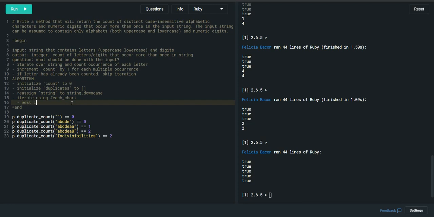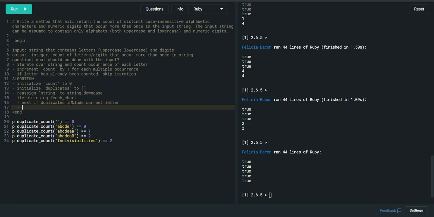So if we're already down here, it will count it before I have a chance to say don't count it. So I think I could use next if the current letter, I'll say it this way, if duplicates include the current letter,